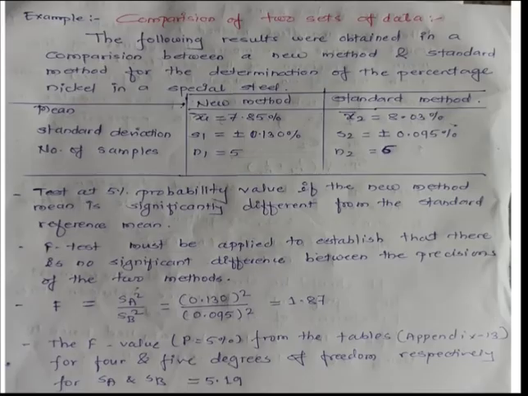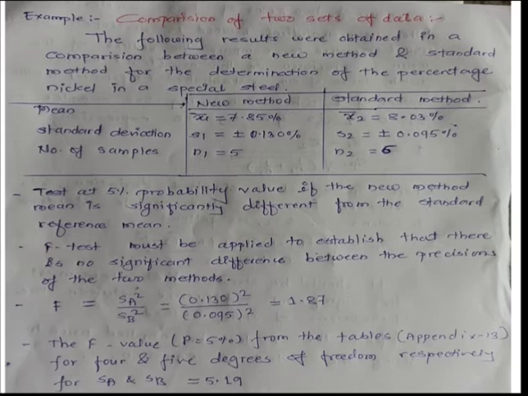Now, the example. In this example, we will find out the F value, the t value, and then the pooled standard deviation Sp. Here, the equation is given for F, which we already know from the F test: it is a ratio of variances, or simply s_A square divided by s_B square, the greatest value always kept at the numerator.